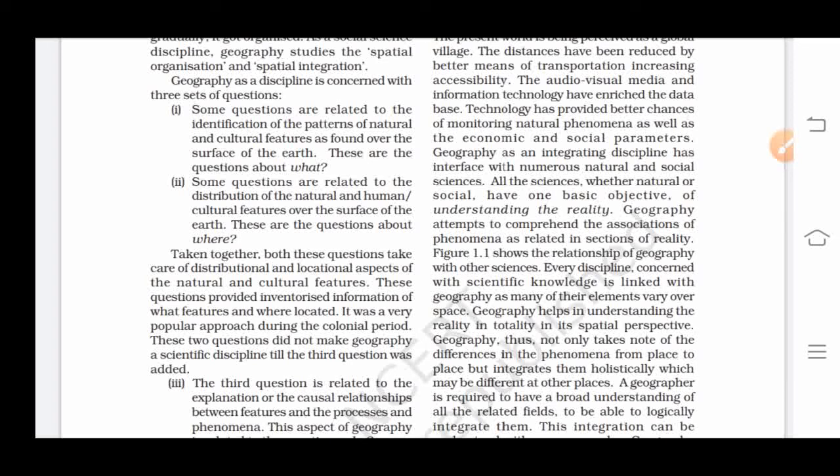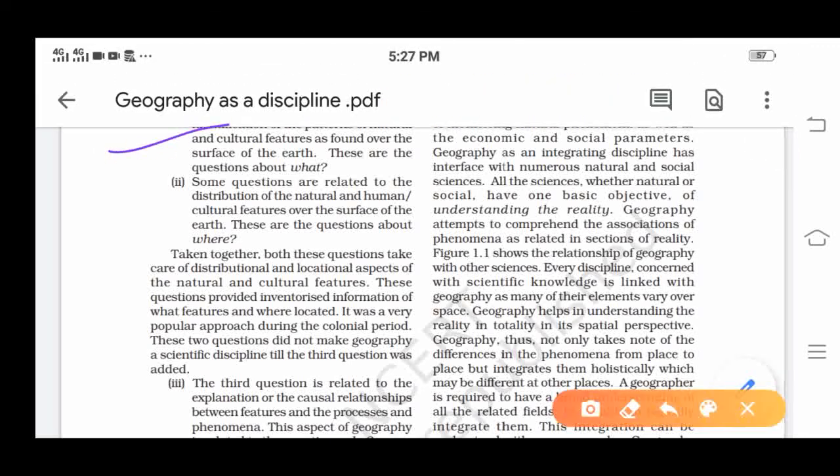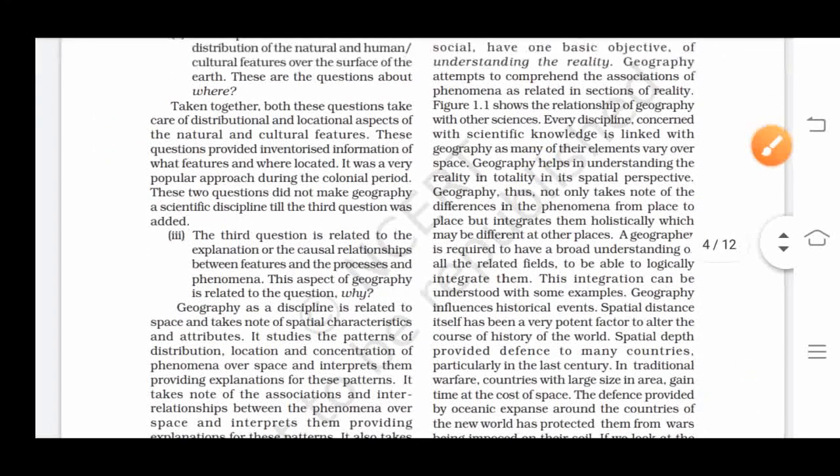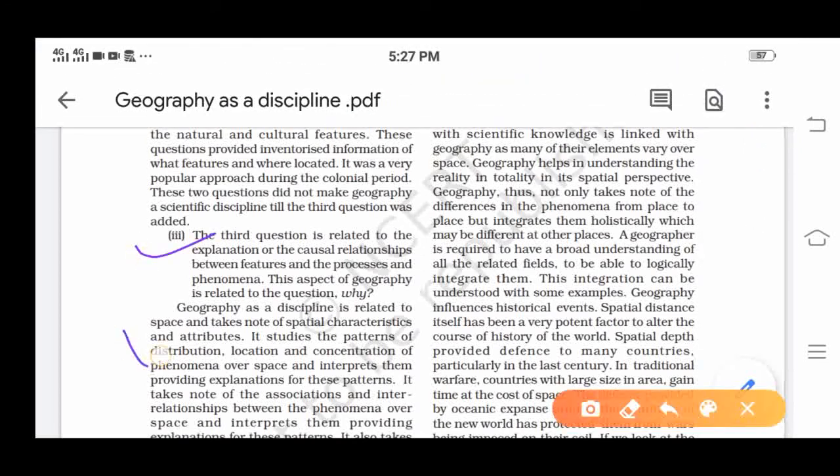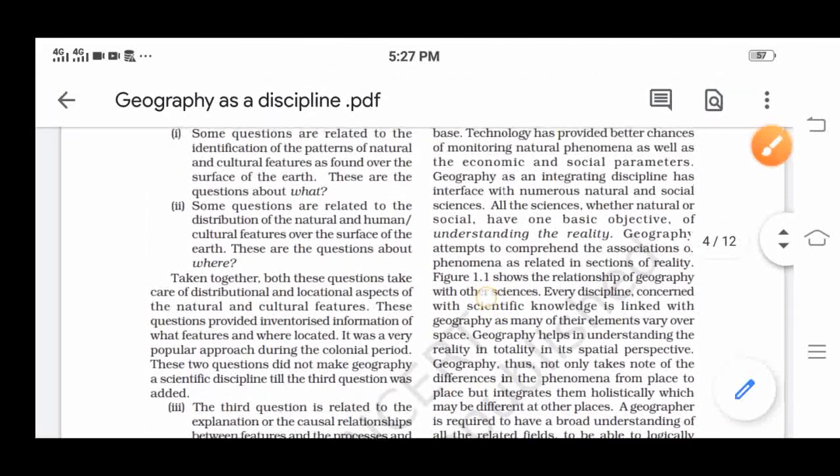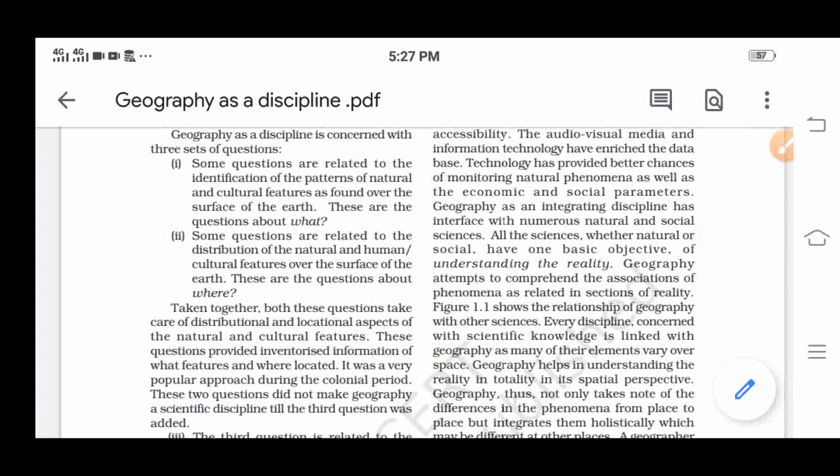Okay. Now remember, these three questions are very important in the field of geography. Now geography as a discipline is associated with three sets of questions. Means whenever you are studying geography, always remember that the three important questions that should come in your mind are what, where, and why. Three w's. What are those? These are what, where, and why. ठीक है. सो जब भी हम ज्योग्राफी पढ़े, what, क्या पढ़ रहे हैं, मीन्स what are we studying? Natural. Cultural features mean man-made features.